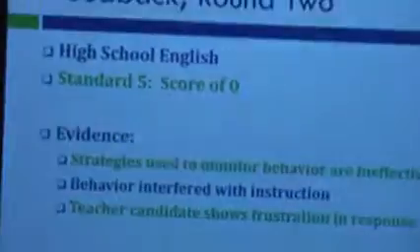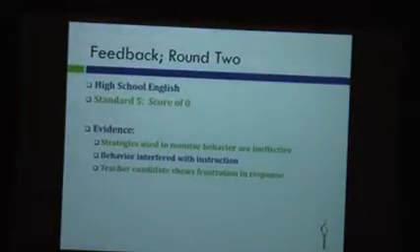So do we have more agreement with this outcome? Raise your hand if you agreed with that score. There we go. Yeah, that was a hard one to watch, wasn't it? Hey, but look at how much growth is ahead for that student teacher. That's the positive spin on it. Okay, here we go for standard 5, which remember is classroom environment. And the team comes up with the score of, whoa, inadequate, 0. And here's why.